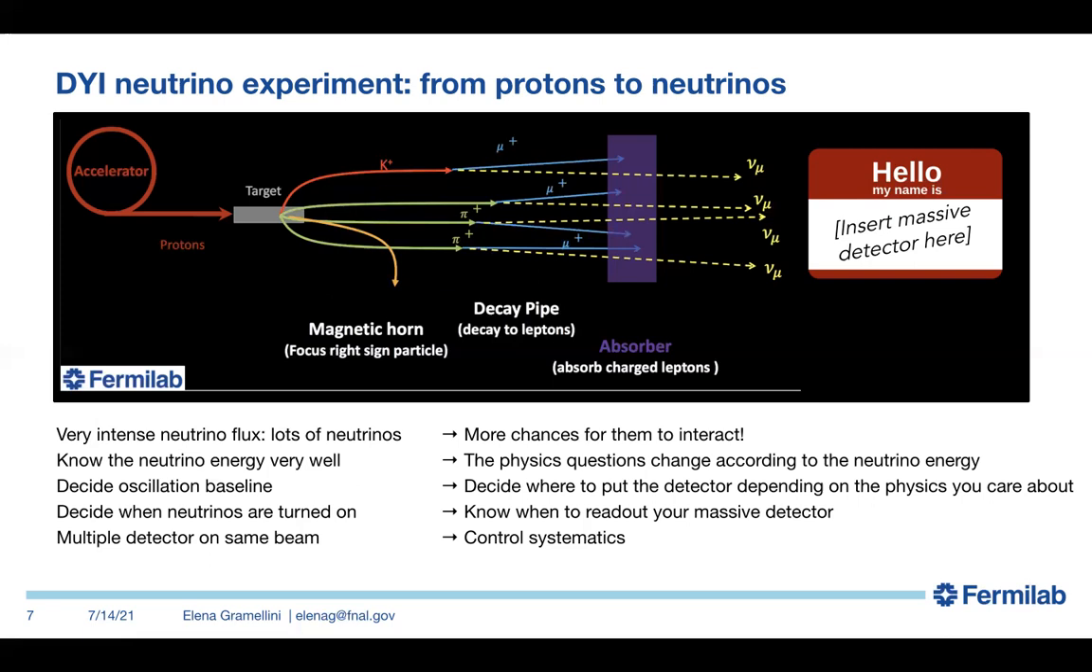So depending on the physics that you want to look at, you need to decide where to put your detector. You need to decide when the neutrinos are turned on. So basically you have a trigger that tells you when the protons are coming. You calculate how much time it takes to get to your detector, and you only read out your detector when neutrinos might be present. And usually you do more than one detector on the same beam, because it's good to measure them at different